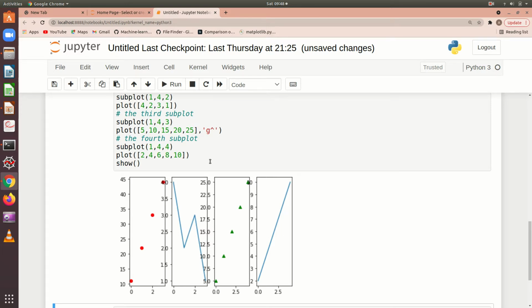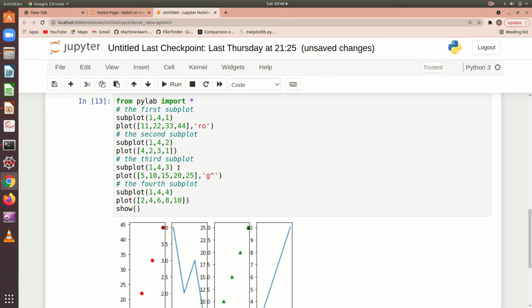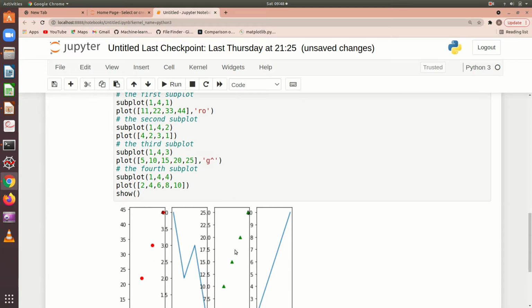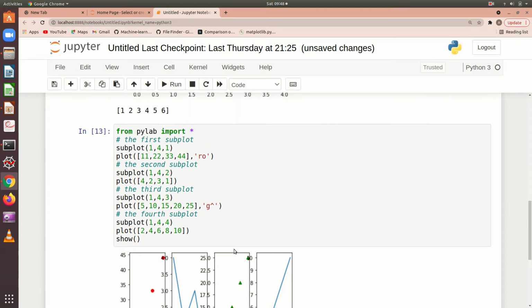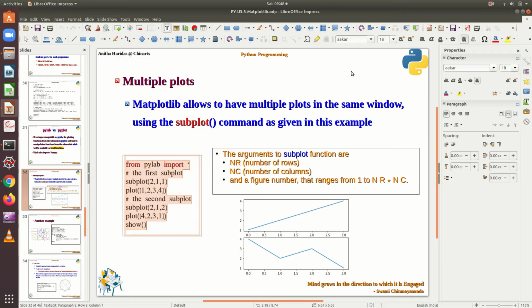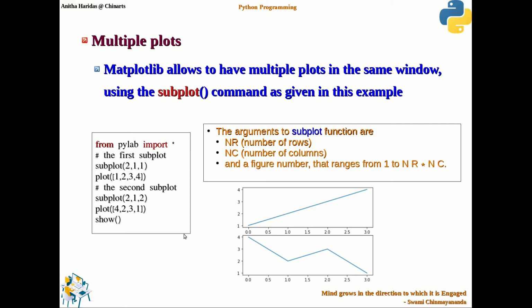You can further explore by changing all these parameter values and check how this subplotting is done. So this is the purpose of the subplot command, which helps in creating multiple plots.